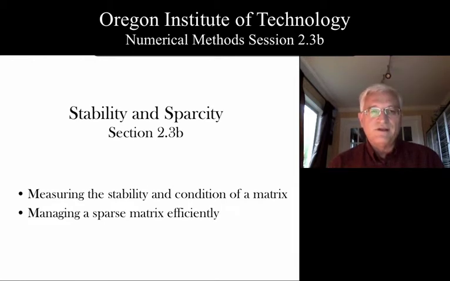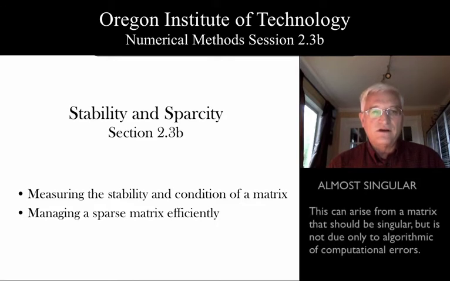So what about stability? As you're aware, a matrix can be singular or it can be non-singular. If it's non-singular, we can find an inverse and solve the system. If it's singular, we can't find an inverse. But is there anything in between? Is there something maybe that's almost singular but not quite? And the answer to that is yes. You can develop a matrix that is on the edge of being singular, and it's going to give you a lot of problems when you find the solution as far as stable numerical results are concerned.